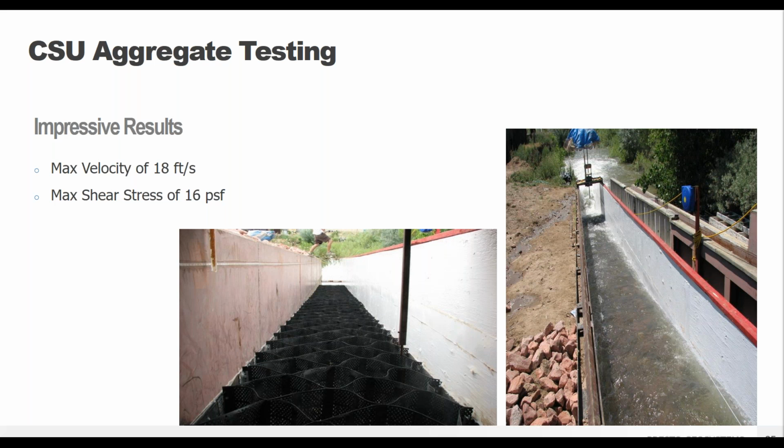And really the important thing, and the objective, was to determine the reduction in riprap size due to the GeoWeb confinement. Also keep in mind, vegetated channels can really only withstand water on an intermittent basis. Otherwise, you're just going to drown your grass and it'll die. So if you do have continuous flow, like on the upstream side of a dike, something like aggregate is going to be more appropriate.